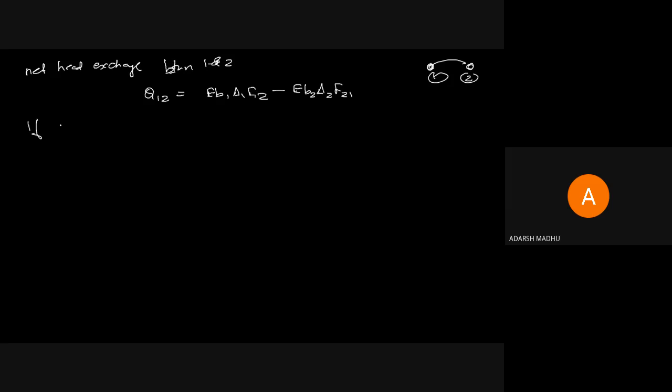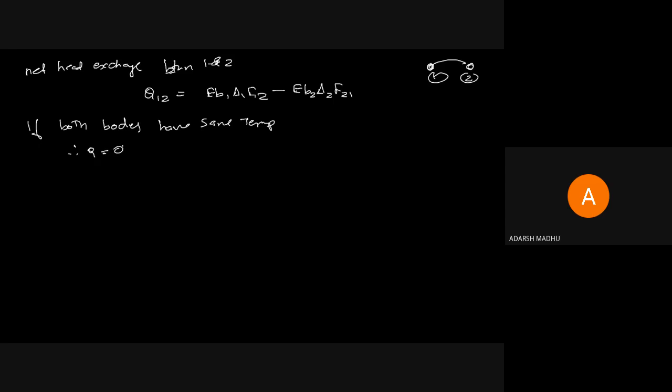If both the bodies have the same temperature, total Q value equals 0. What is the Q? Net heat exchange ആണ് അല്ലേ, net heat exchange. If the body രണ്ടിനും ഒരേ ടെമ്പറേച്ചർ ആണെങ്കിൽ അവിടെ ഹീറ്റ് എക്സ്ചേഞ്ച് ഉണ്ടോ? 0 അല്ലേ. ഒരു കേസ് എടുക്കുകയാണ്. Equation is Q12 equal to EB1 A1 F12 minus EB2 A2 F21. Okay, 1 to 2. And we are taking a case that both the bodies have the same temperature. അതുകൊണ്ട് തന്നെ therefore Q equal to 0. That is heat transfer നടക്കുന്നില്ല.